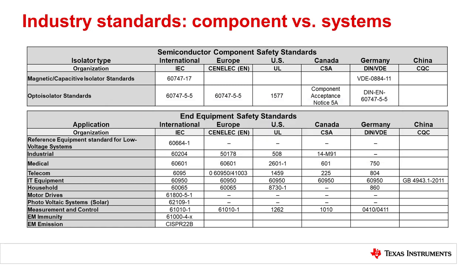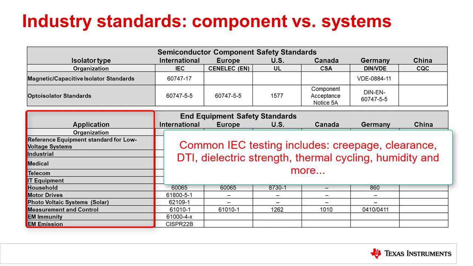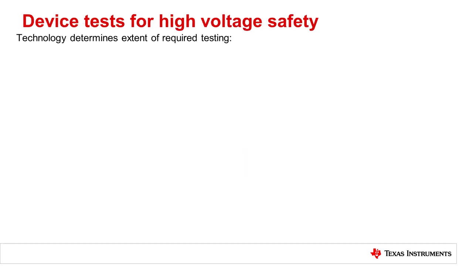The IEC provides standards for end equipment providers, and some of the most common system-level standards that require isolation are shown here. System providers must meet both functional and regional system-level certifications to serve an end market, and those certifications include electrical voltage testing, environmental testing, and physical attributes such as creepage and clearance. You can learn more about creepage and clearance in the TI Precision Lab titled, What is Creepage and Clearance? How are devices tested and certified for high voltage safety?